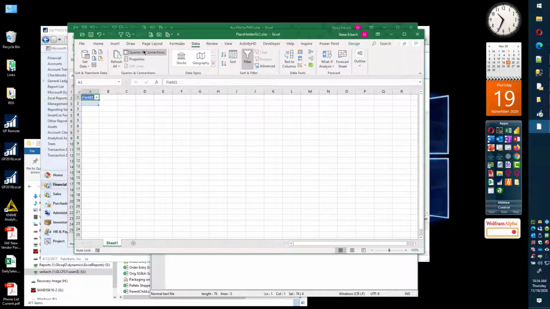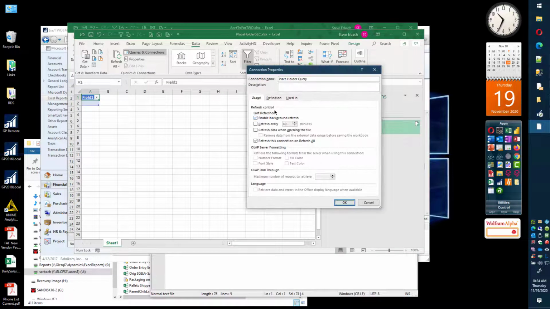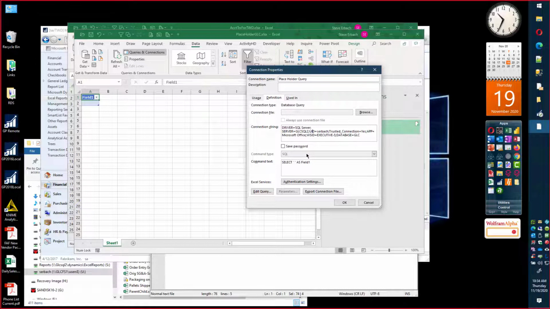I will also change the query parameters, or the connection string in particular, because it says SQL Server and the server is my server. Well, you don't have that server. I can take out the user ID, leave the trusted connection in. I can take out the Microsoft Office and the workstation ID and leave the database, but I'll change this to